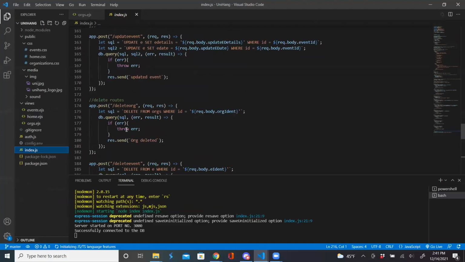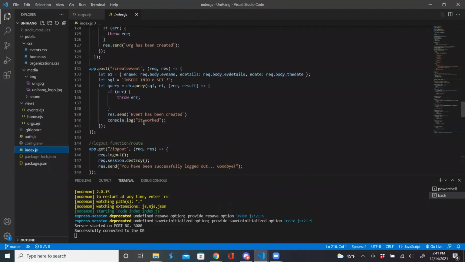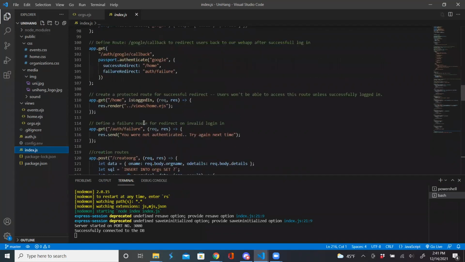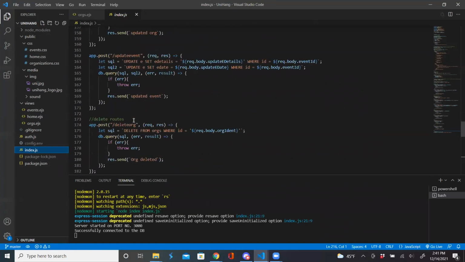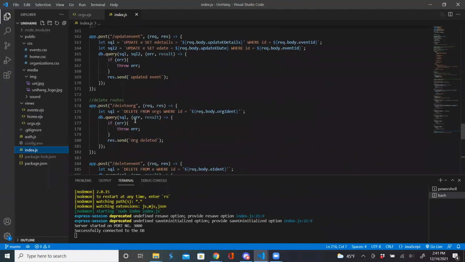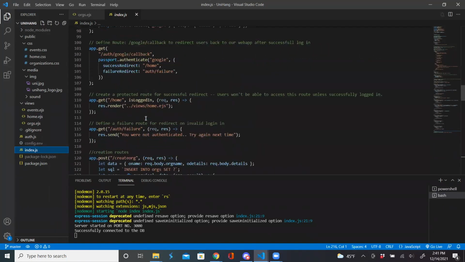Do routes. Oh, I don't know where my routes are. Oh my gosh. Oh well, but yeah, you have to be logged on to at least be on the homepage, right? That was kind of the thing